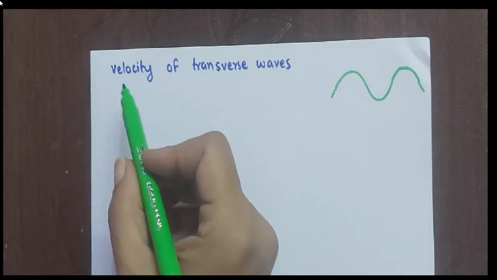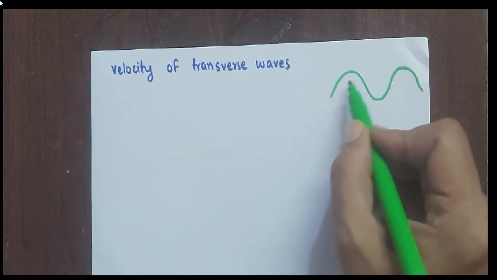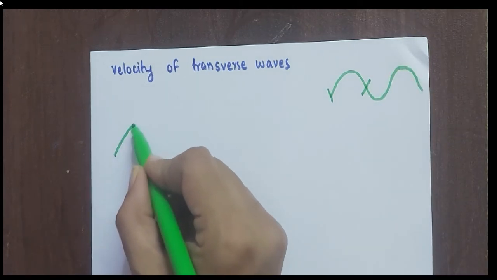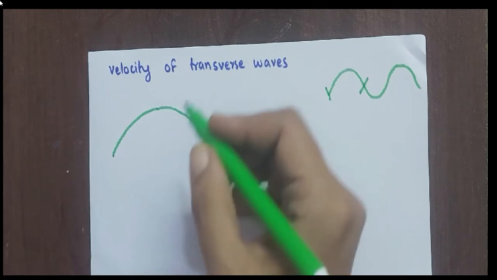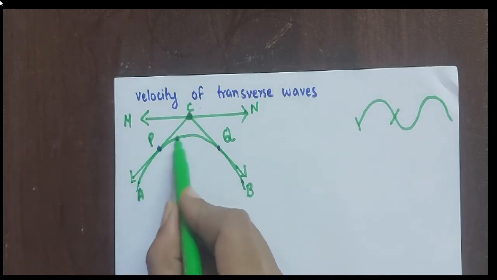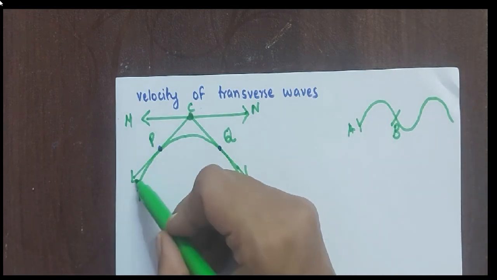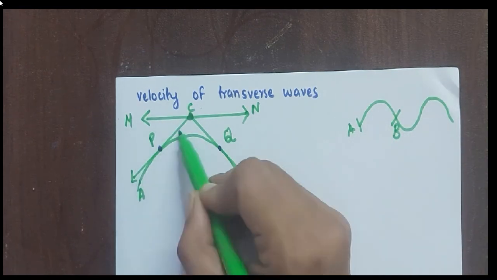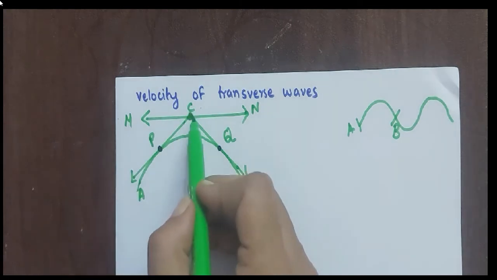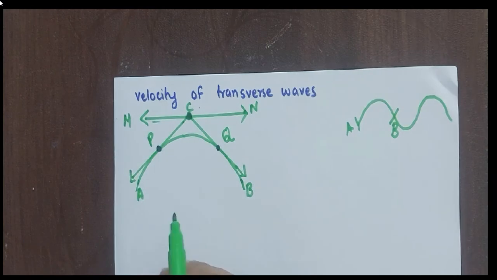So we will see the velocity of the transverse wave. Our wave looks like this. We will cut this wave and consider only this much portion of it. Again we will draw, making use of the scale. This is the small portion of the wave, A and B. Then I draw a tangent here also, touching only one point of the wave, and they are meeting at C. Here also I will draw M and N. So we will write each and everything.